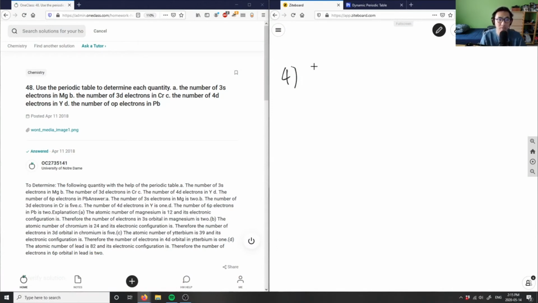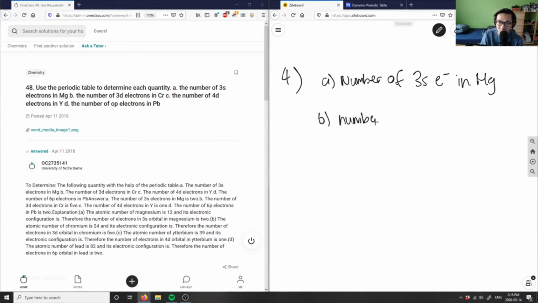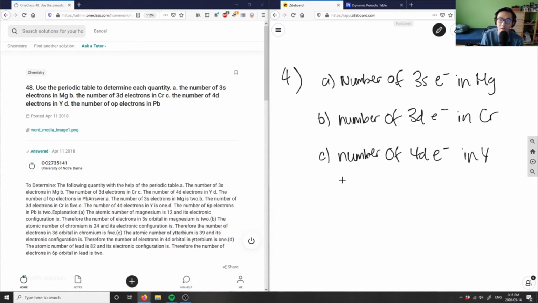So I care about, oh, this is a 4-part question. Okay, so number 4. A is asking us for the number of 3s electrons. I'm going to use e minus for electrons in magnesium. B here is the number of 3d electrons in chromium, and C here is the number of 4d electrons in yttrium, or Y, and D here is the number of